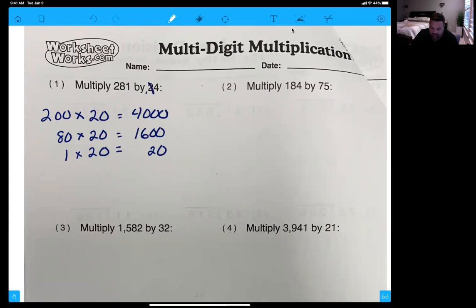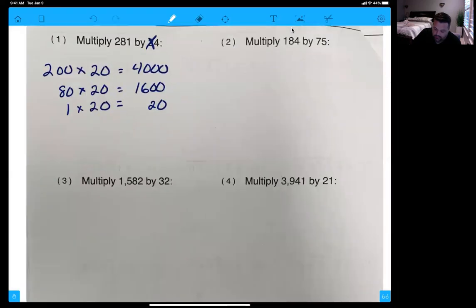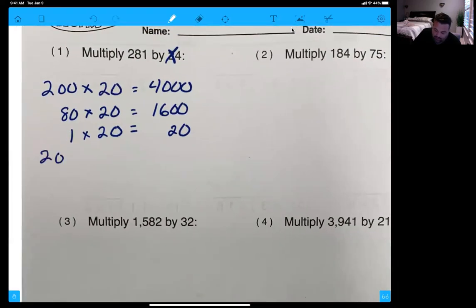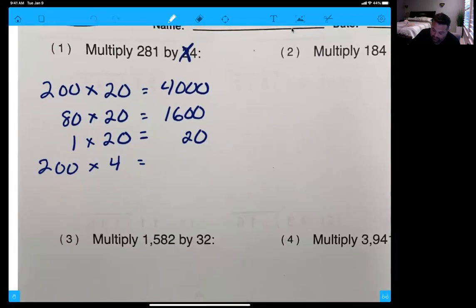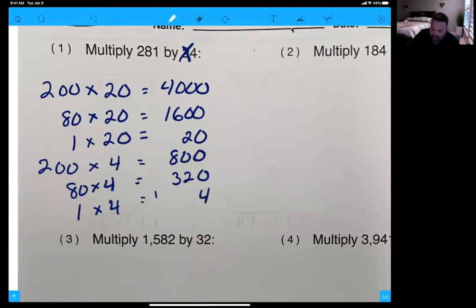So now I've done the 20, right? So if I've done the 20, I still have to do the 4. Now I'm going to take out 200 times 4, which is 800. Then I'm going to take out the 80 times the 4, which is 320. And then I'm going to take out the 1 times the 4, which is 4. And if I add all these together, I will get the answer, which is 4, 4,